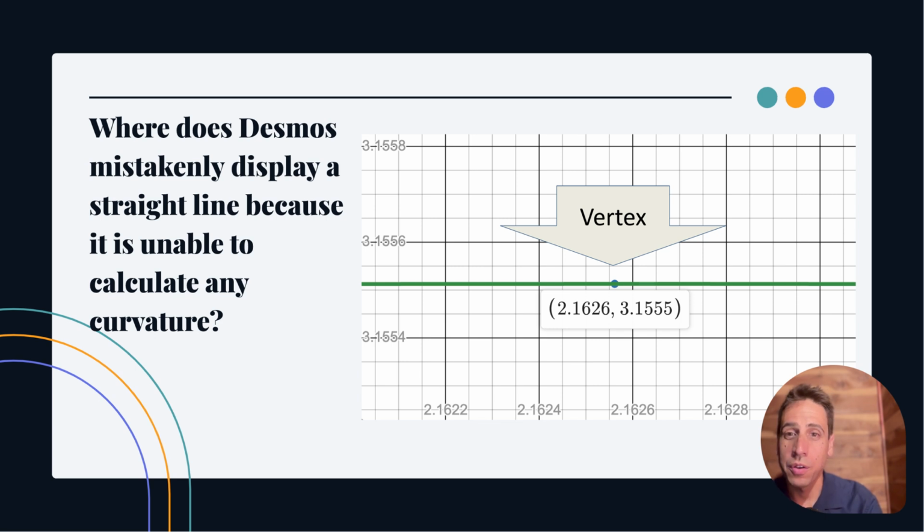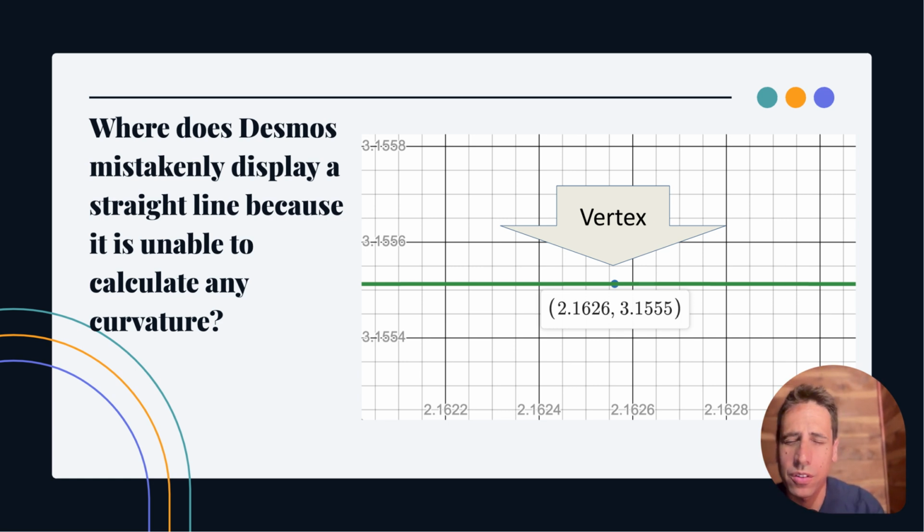And actually, if you go in and look at Desmos here, there's no change. If you click on all these points, they're all the same y value, 3.1555. Now that's a mistake. Desmos has mistakenly displayed a straight line because it is unable to calculate any curvature. I've zoomed in far enough that at this point it can't really tell the difference between a straight line and a curve. And so it's your job to find